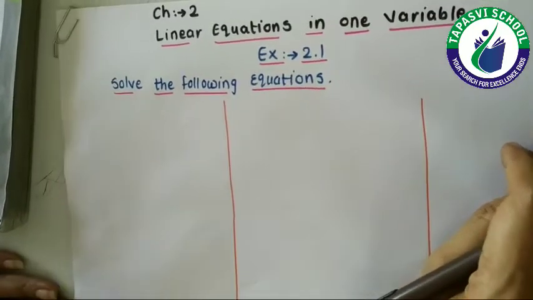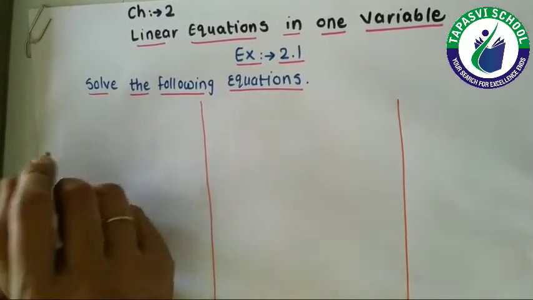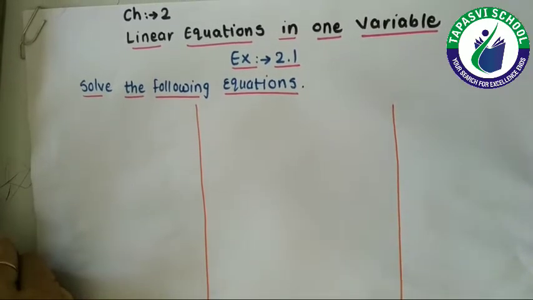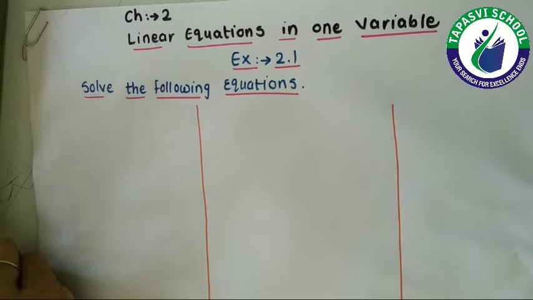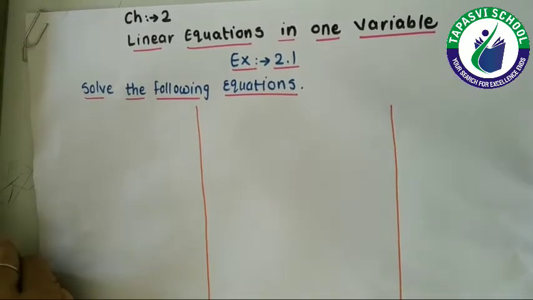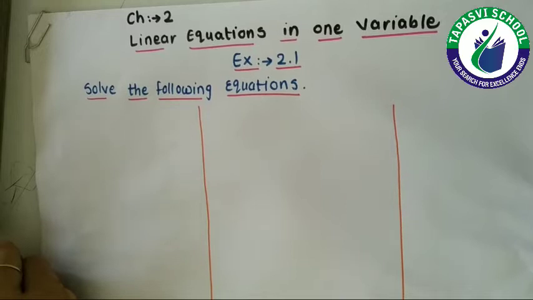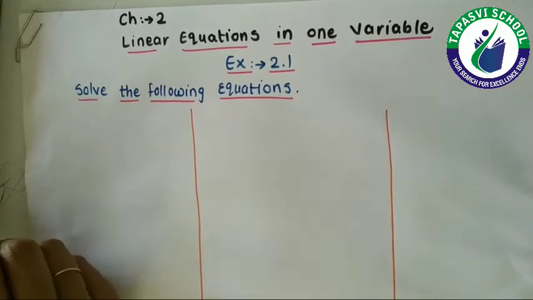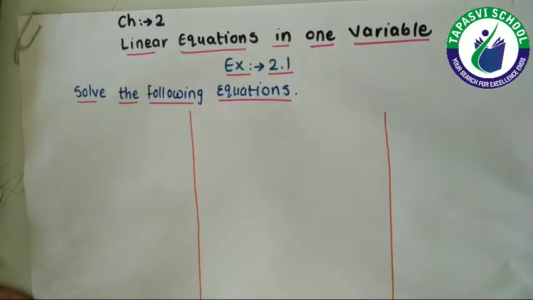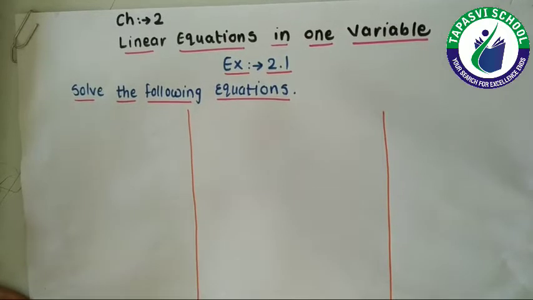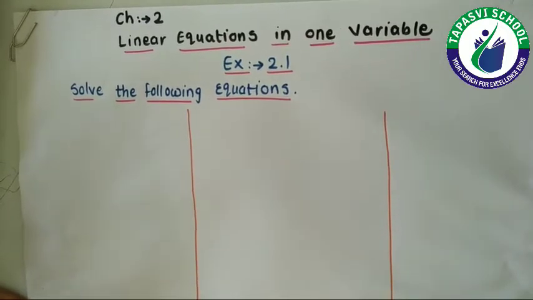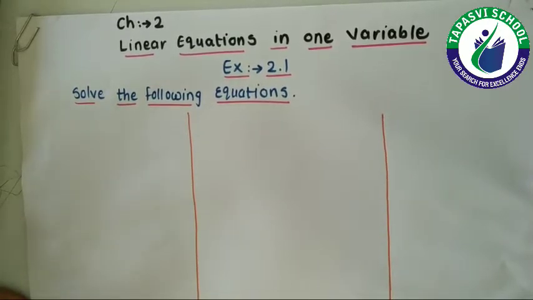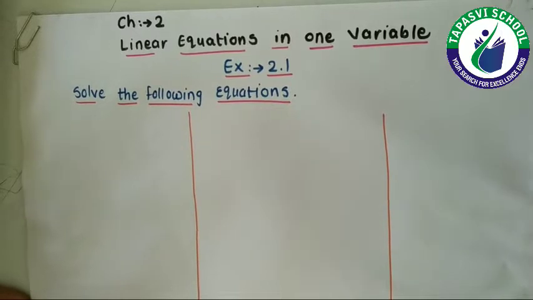Here, students, we will use linear equations. A linear equation means an equation having maximum one power, in which only one variable is there. These types of equations we use to find the unknown values of the variable. Now open your exercise 2.1. Some equations are given that we will solve first, and then in your exercise 2.2 some word problems will be given. We will form the equations using the situations given in the questions.